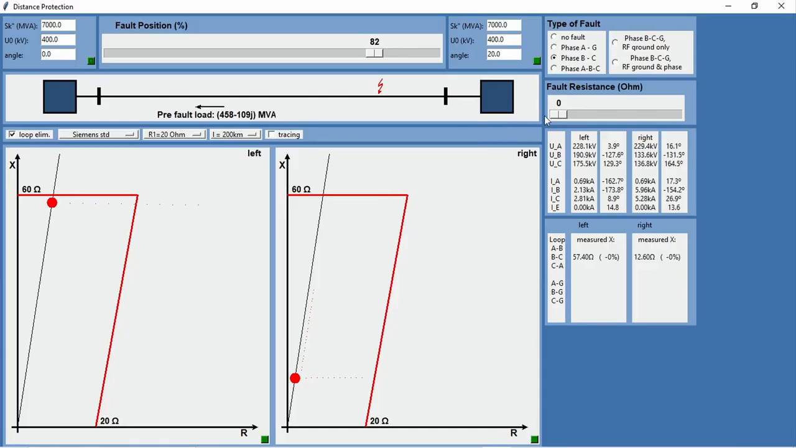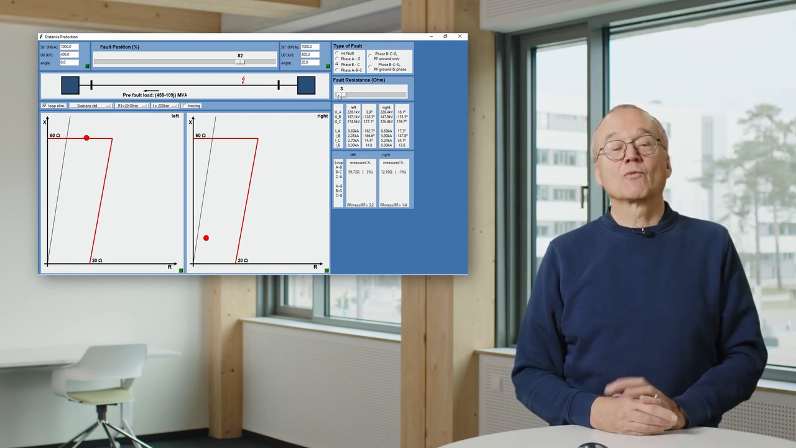And now look what happens if we increase the fault resistance. Look at the measurement on the left relay. Due to this effect it moves not horizontally, but it moves up. If I activate tracing, it becomes a bit more visible. And we leave the characteristic already. That means already here with 3 ohms fault resistance for this fault location, we would already